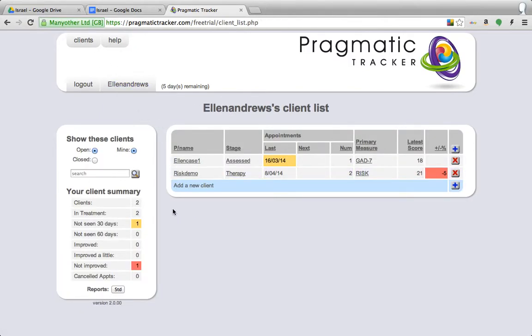We can see that this practitioner, Ellen Andrews, has two cases in here, and I've called the case that I want to demonstrate to you Riskdemo. Now, the first thing you can notice here straight away is that the primary measure for Riskdemo is the risk measure, and you can see straight away on this client list that this is red. So it's immediately bringing attention to the fact, as soon as Ellen Andrews logs in, that this client is at